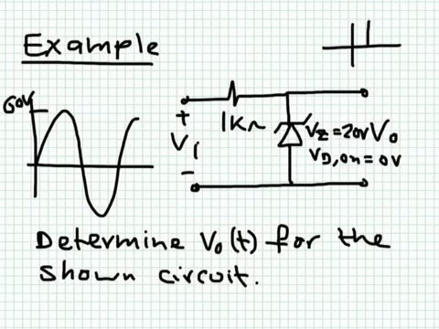it will turn on, and here I'm taking the on voltage to be equal to 0, so it will turn on exactly on the y-axis. And in the reverse region, it does not conduct until you reach the breakdown, and the breakdown here is simply equal to 20 volts. So this diode can be operating in one of three regions. If this terminal is more positive than this one, meaning that the input voltage is negative, then